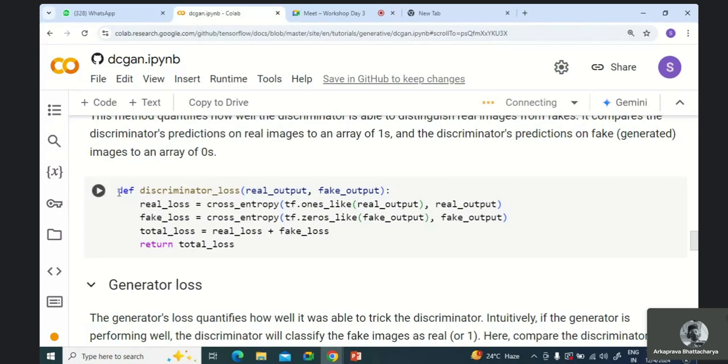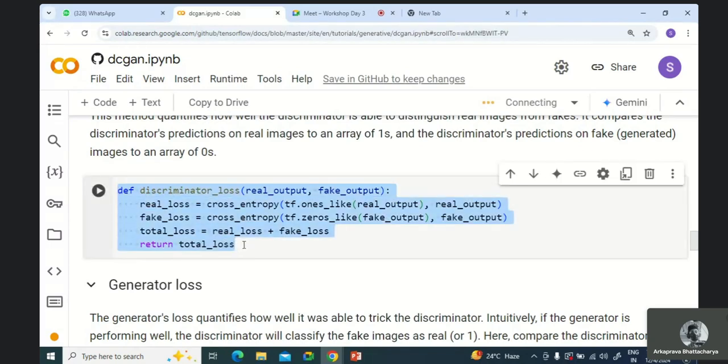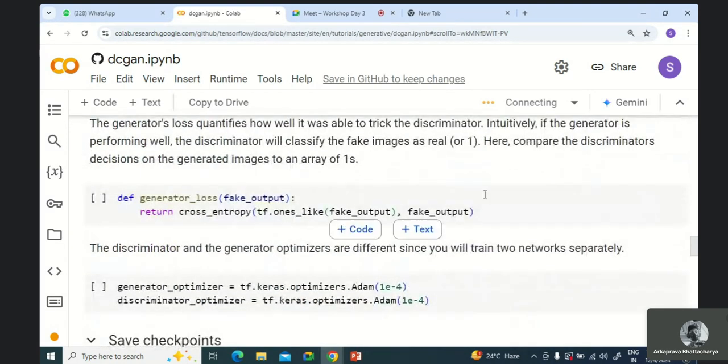Here you can see. अब आप देखिए डिस्क्रिमिनेटर को हम रियल इनपुट भी दे रहे हैं, यानी रियल इमेजेस भी दे रहे हैं और फेक इमेजेस भी दे रहे हैं जो जनरेटर जनरेट कर रहा है। तो यहाँ पे हम डिस्क्रिमिनेटर का रियल लॉस भी कंप्यूट करेंगे और फेक लॉस भी कंप्यूट करेंगे एंड देन वी विल कंप्यूट द टोटल लॉस। नेक्स्ट वी विल सी द लॉस ऑफ जनरेटर।